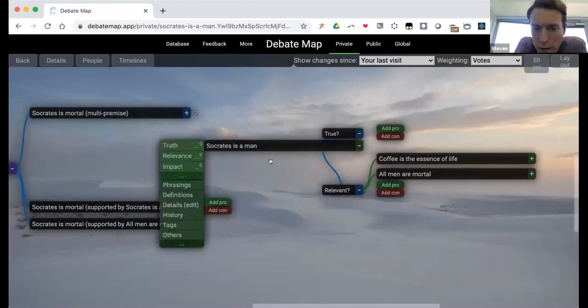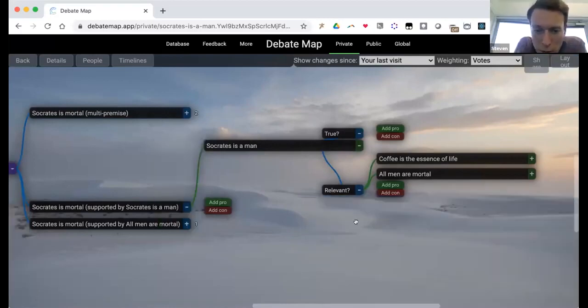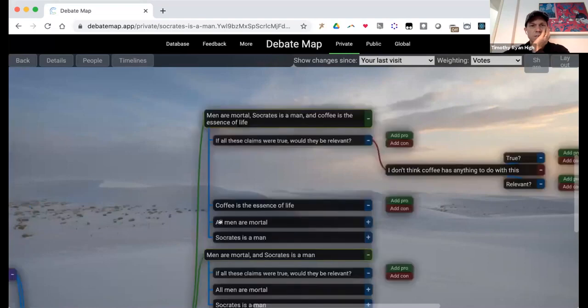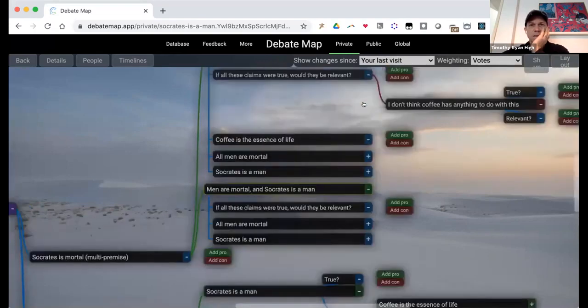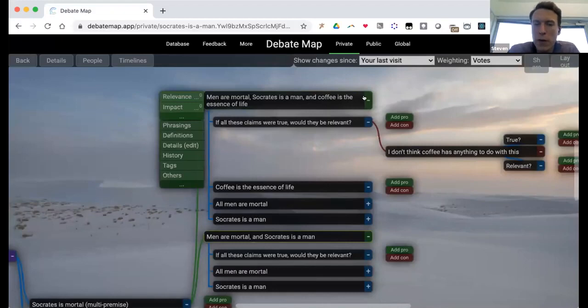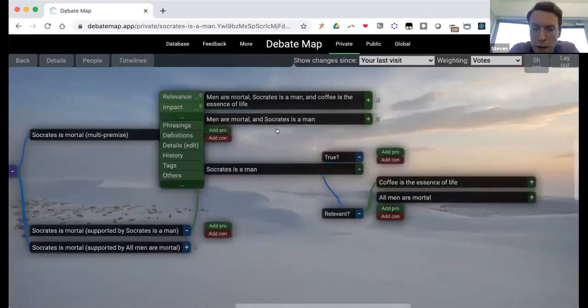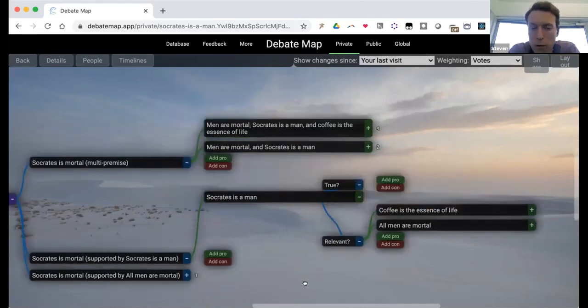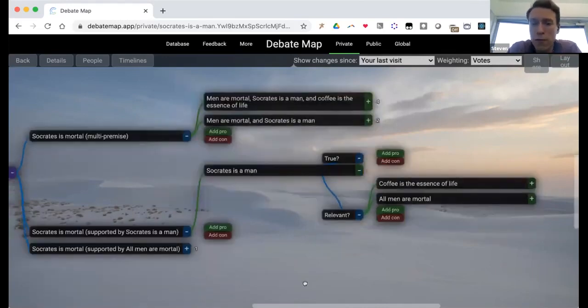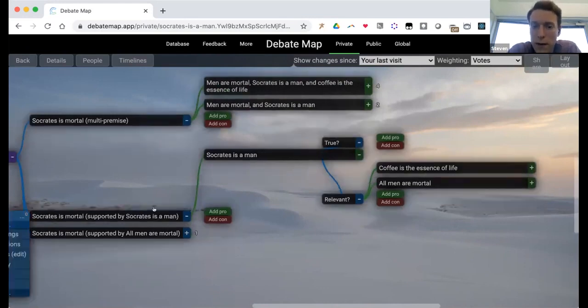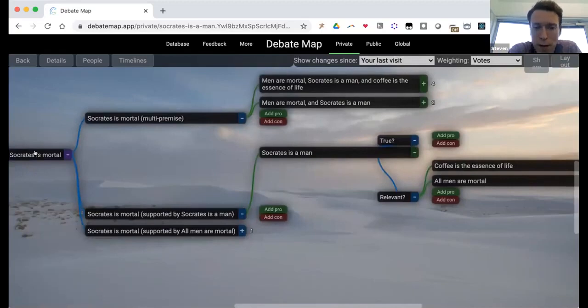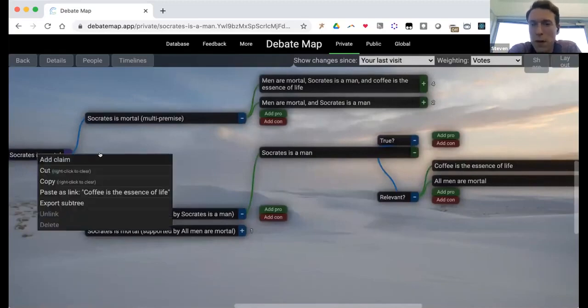So add a multi-premise argument there, I guess Socrates is a man and all men are mortal. Well, okay, that's in the other one. That's if you want multi-premise. Okay, so we're in multi-premise here. No, but if you have multi-premise, you can also add arguments with just one premise. So just add as one argument, Socrates is a man. Then add another one, all men are mortal. And then add as another one, Socrates is a man and all men are mortal. So you can add three supporting claims already. One is a multi-premise, the other one is single premise, and the other one is